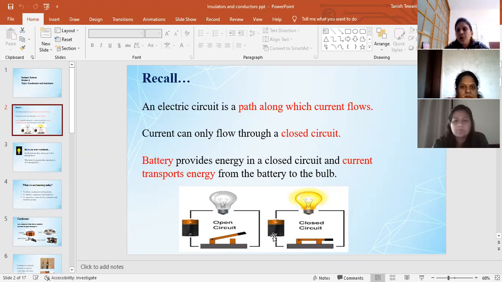Closed circuit, right? So this is a battery, and the battery is giving energy to the bulb. From the battery to the bulb, these wires are connected. And this is a switch. So it is closed. You can see it is a fully closed path. And in this one, the switch is broken or off, so a little gap is there. In the closed circuit, the bulb is glowing because the battery is giving energy to the bulb and the wires are connected.